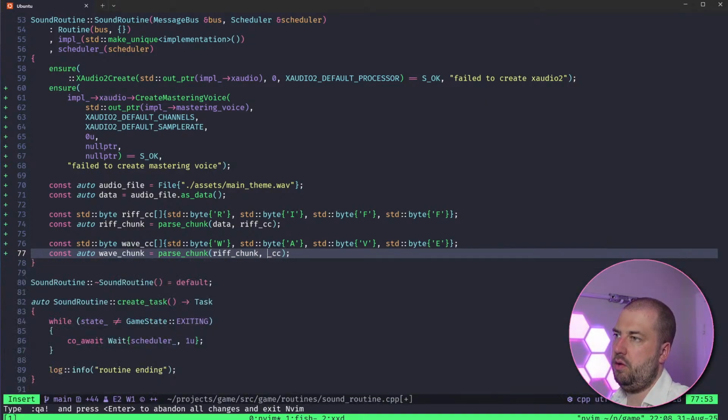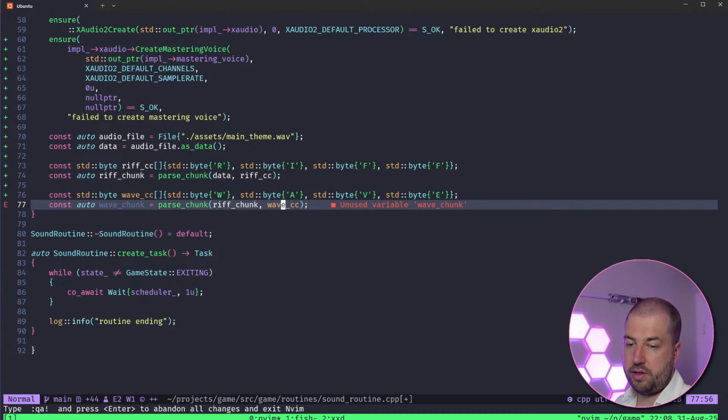There we go. Get the wave CC. And that will just error if it can't find it.